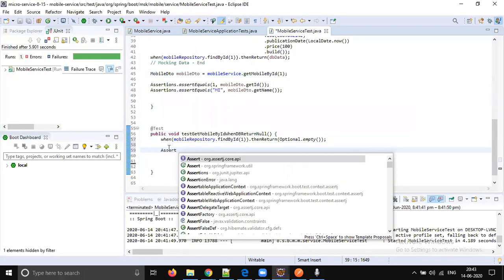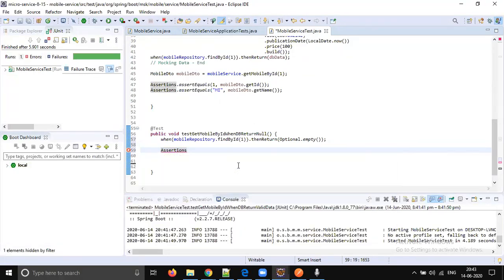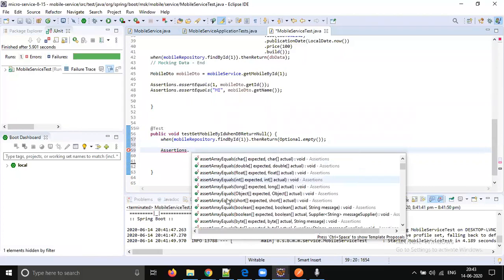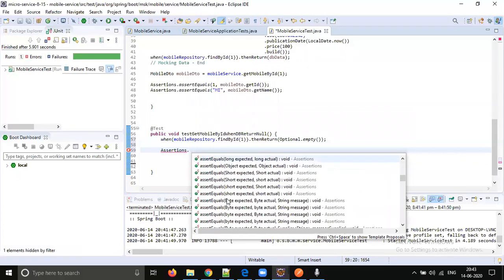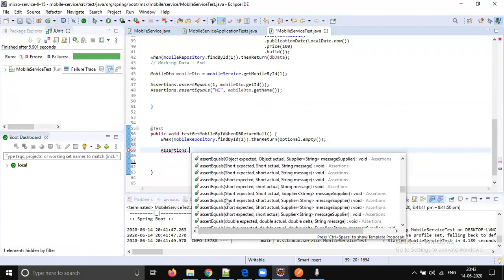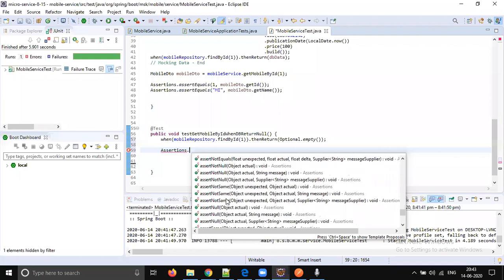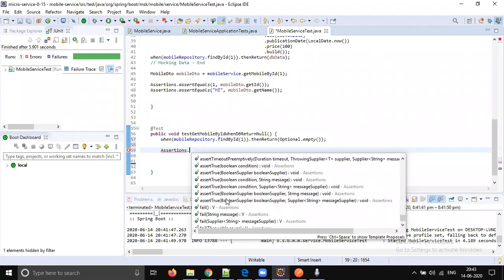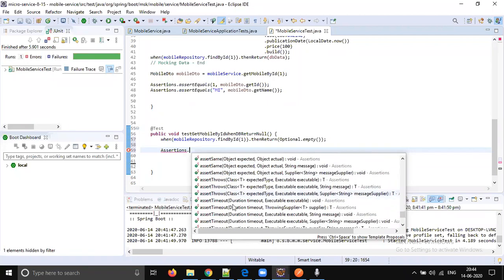Assertions dot assertThrows, yes. So what method do we have to use?